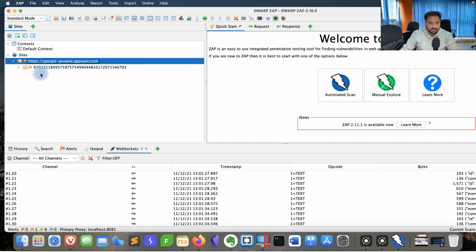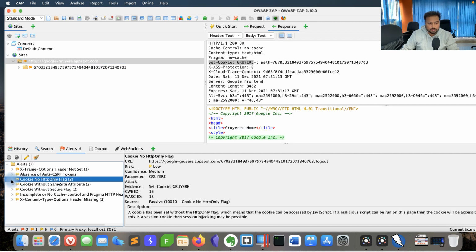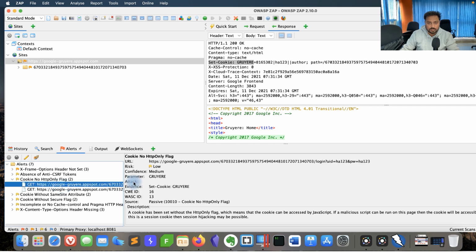If you go to the alert section, select the application, go to the alert, and you can see here also we have a flag: cookie no HttpOnly flag set. For example, if you select this information and check it, you can clearly see that we have a Set-Cookie. This is Set-Cookie, basically from the responses. As I mentioned, it comes from the server, this is the cookie, and we have information exposed here. So what do you understand from this?